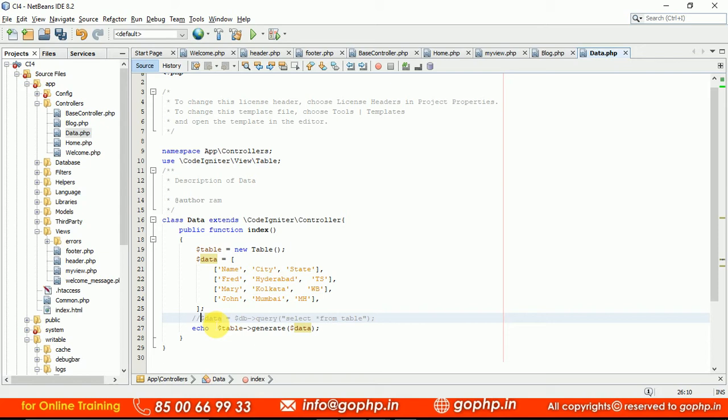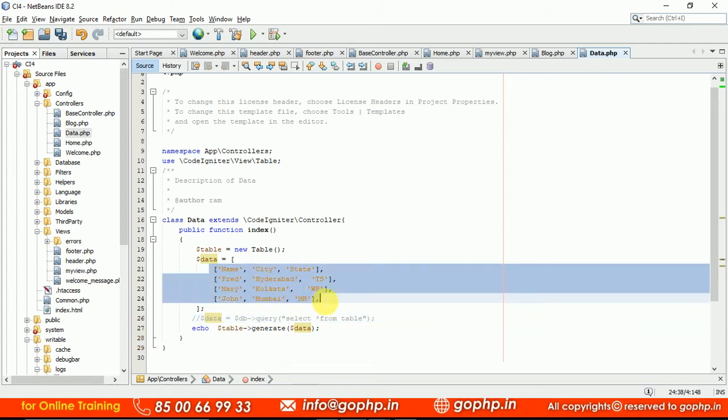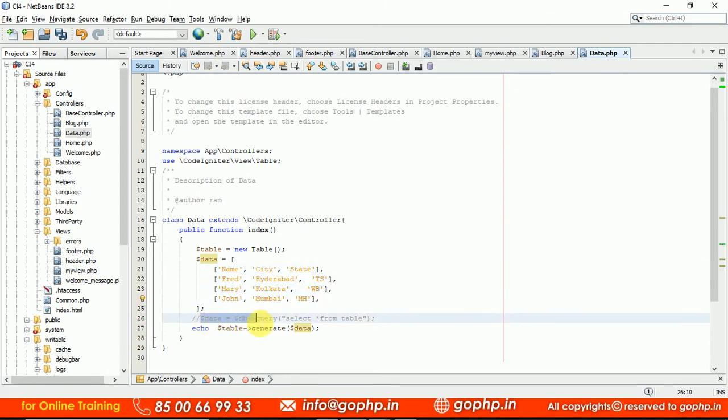This is exactly the thing, guys. You have some predefined methods also, like set heading and add row. These are the records we added into an array of arrays, and we can pass an array of objects also by using this db query. Don't worry. Now I want to add some custom headings, I want to add some new rows to this table.